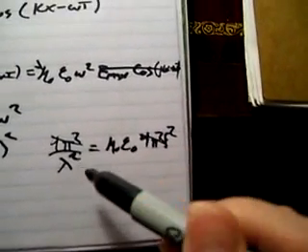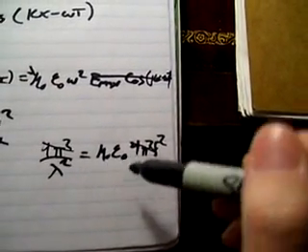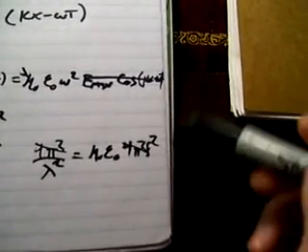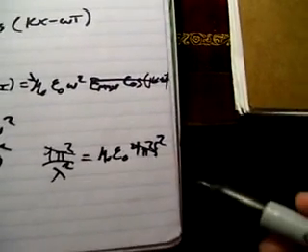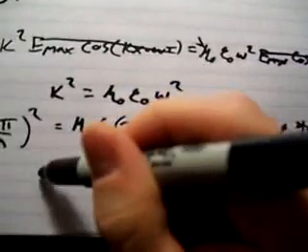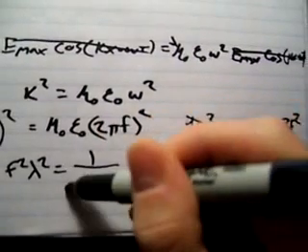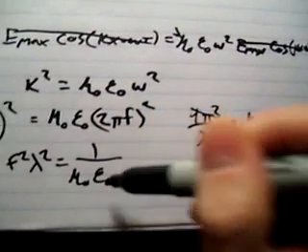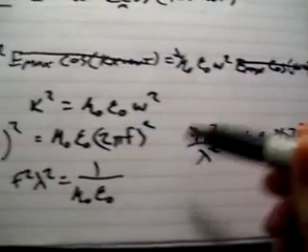And then we have 1 over lambda squared equals mu naught, this little e naught, frequency squared. So that can be rewritten like this. That's just with algebra. And then the square root of that